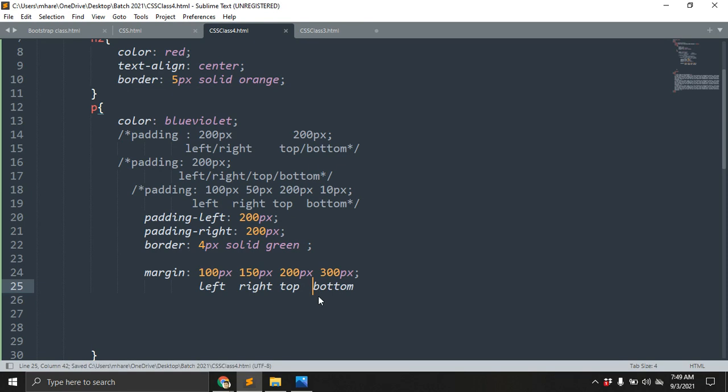Let's save, and you will understand. So 100 pixels is the margin left, 150 pixels is the margin right, 200 pixels is the margin top, and 300 pixels is the bottom. So these are the concepts of the margin.